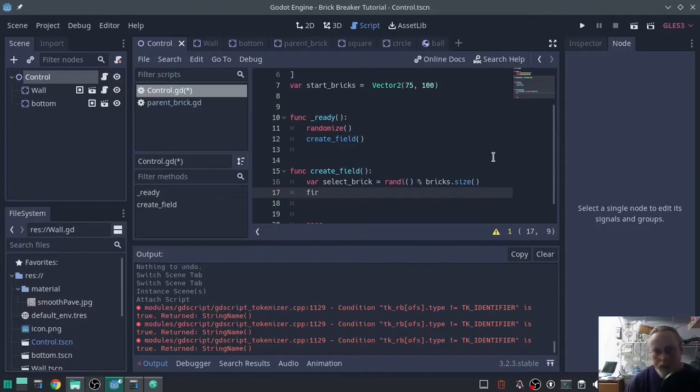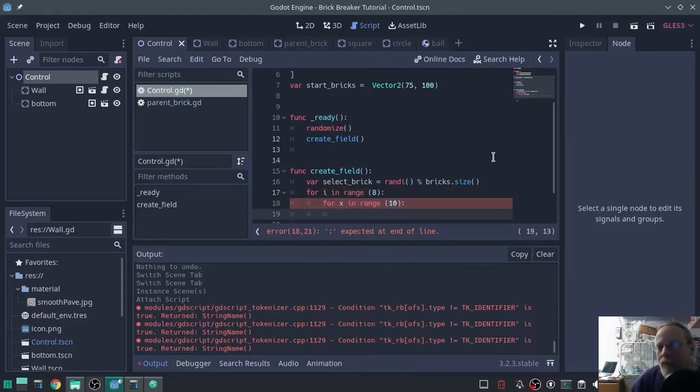Now we're going to use for i in range 8. 8's going to be up and down, so that's going to be second. And for x in range 10, we're going to do 10 across. For x in range 10,